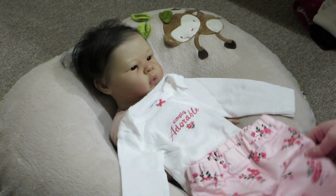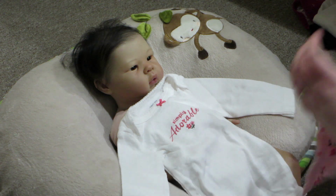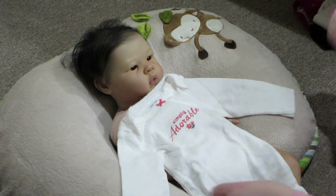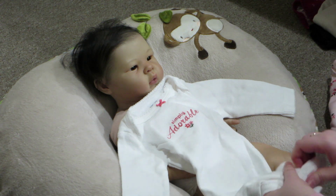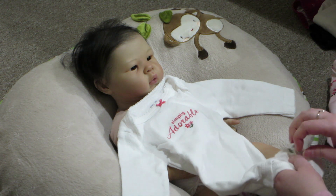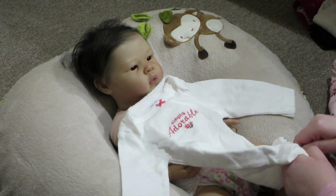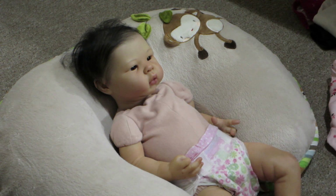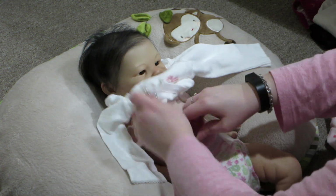I did want to try and get it in a size newborn, but when I went back to the store, they didn't have any newborn left because it was a clearance item. So it's going to be a little bit big on her. I think for long sleeves in Carter's, she would take newborn, but in short sleeves, I think 3 months works better because then it covers the fabric. But I'm just going to put her in this,